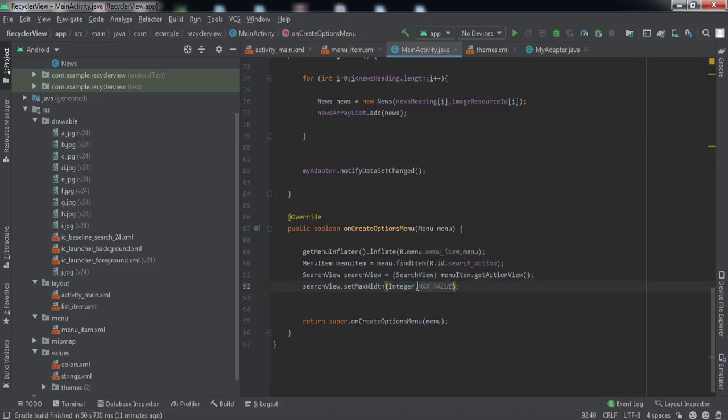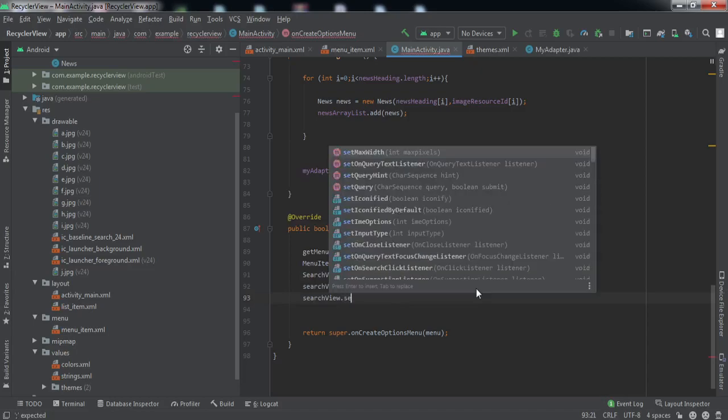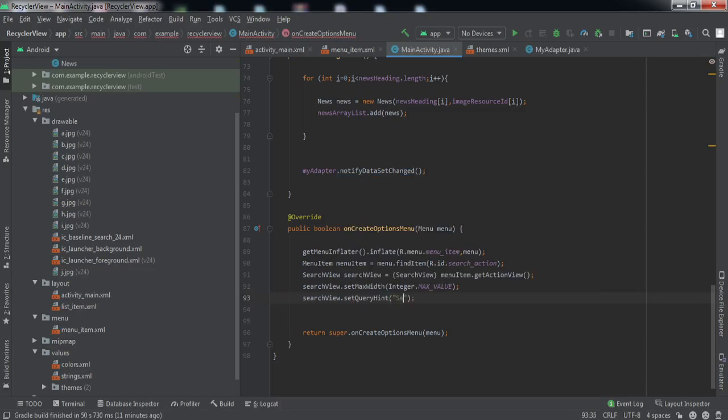So we have set this max width so that whenever a user taps on that search icon, it will take all the space, the width inside the toolbar, right? So set query hint, you can set whatever you want. I'll just type search here. So whenever a user taps on that, this hint will be visible there.